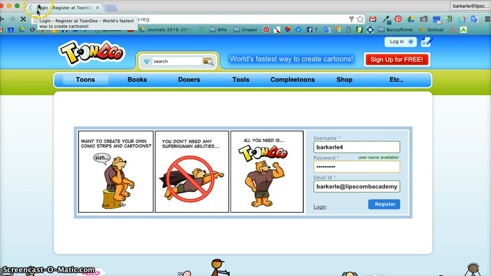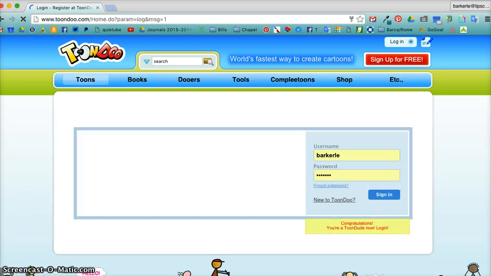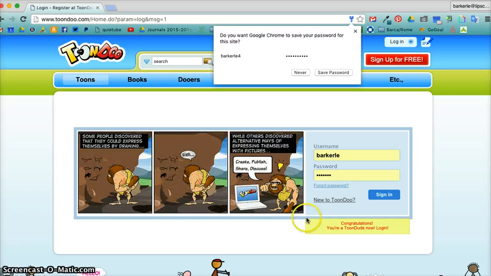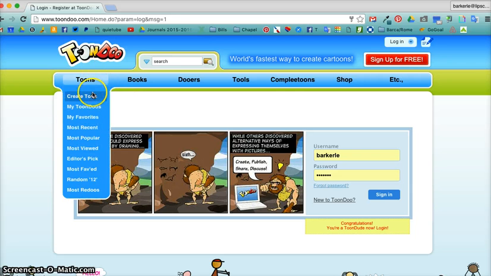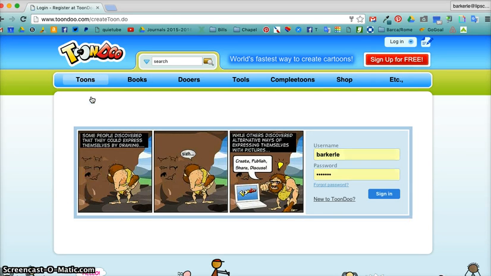So right now it's making your account for you. Congratulations, you're a ToonDoo now. You can let it save your password so when you come in here tomorrow you can work. Now how we get started, click Toons, Create Toon. It's going to want you to log in, so click Sign In,